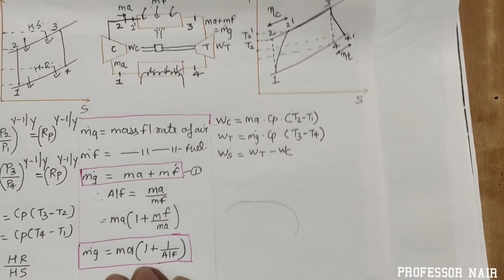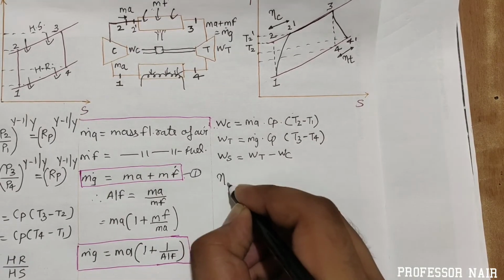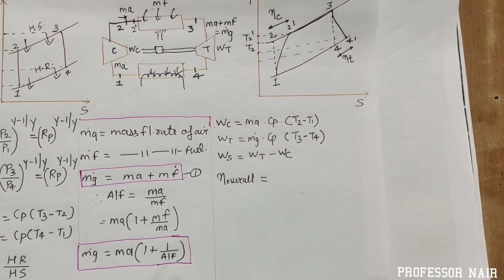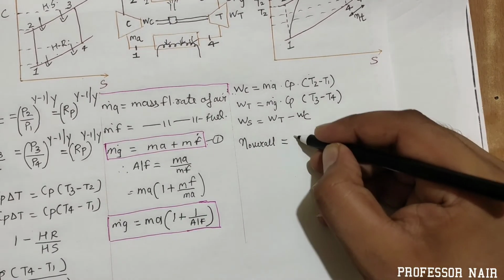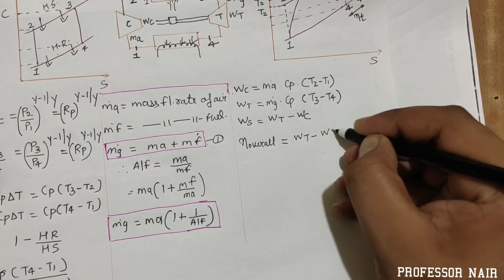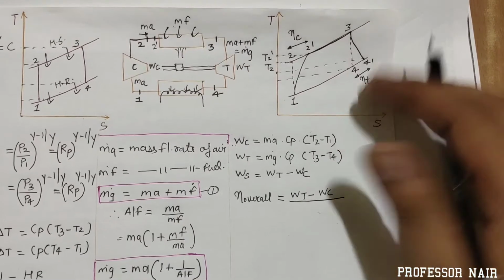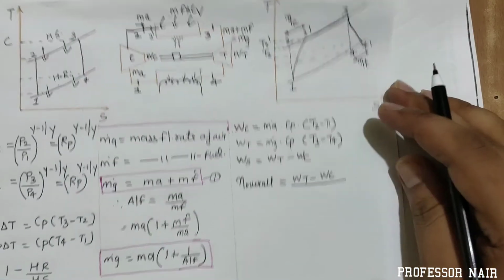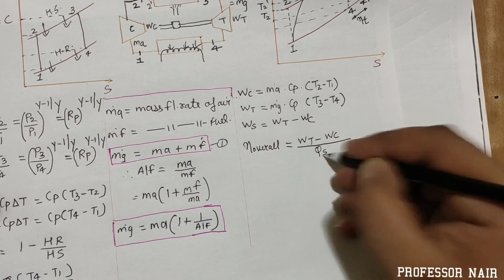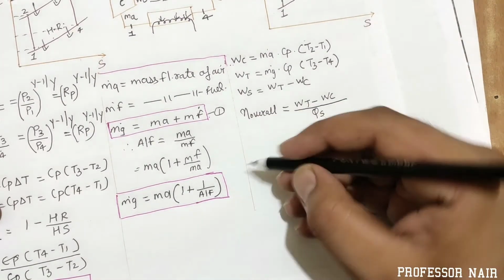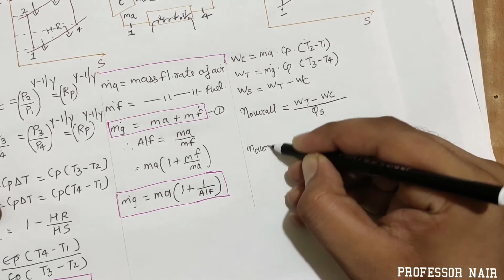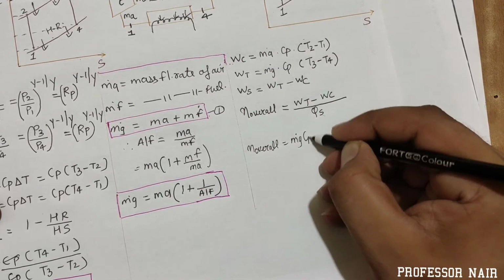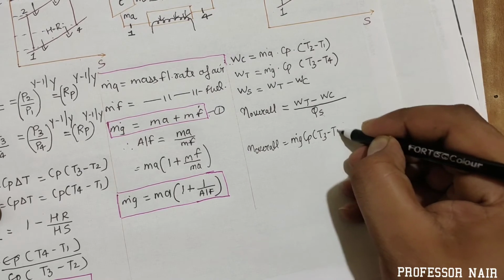Okay, so if I want to find the overall efficiency, it means output upon input. This is the output here, so I will write output as WT minus WC. Input is the fuel. We know that the input fuel formula is MF into CV, which is denoted by QS. So again I will write the formula: overall efficiency would become WT, that is mg dot Cp (T3 minus T4)